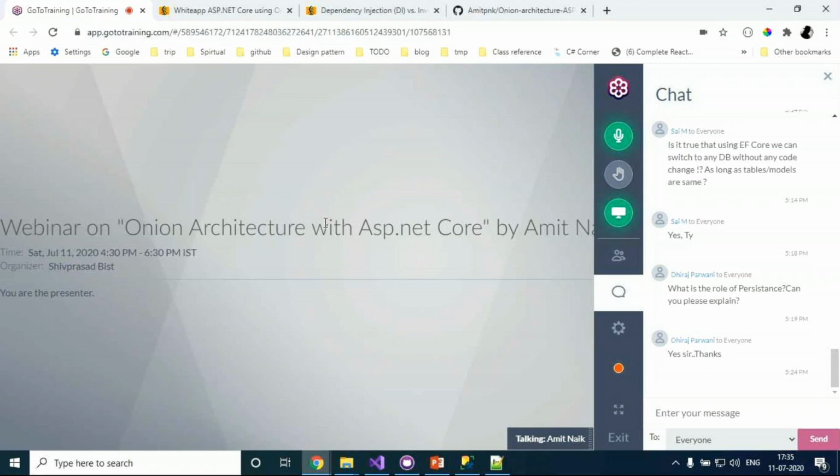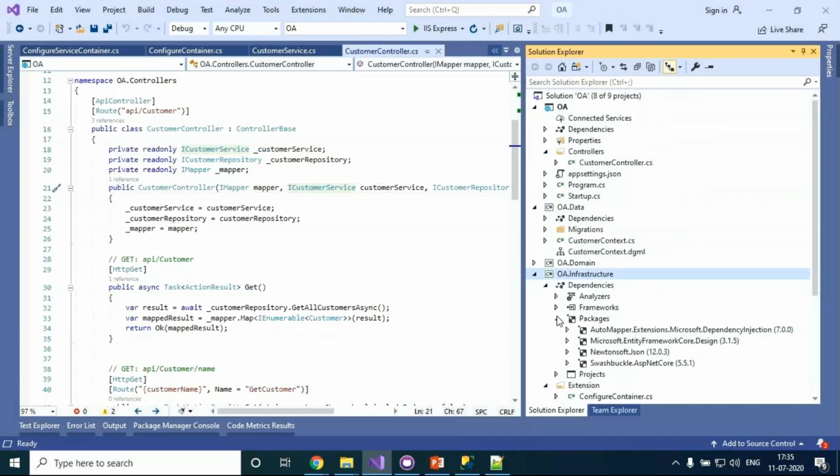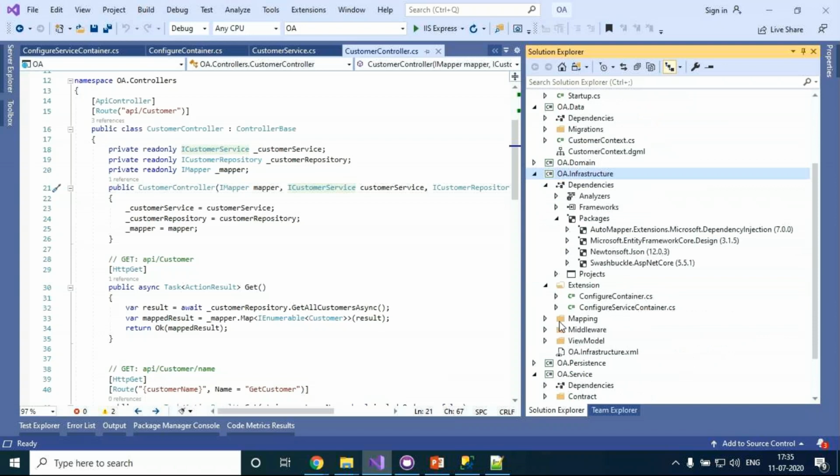The clean architecture is used mainly on complex kinds of projects. What I'm showing here is Onion architecture. This is very good for medium and big projects, but clean architecture is for something complex like ERP solutions. Usually, logging and all that can be taken care of in my infrastructure layer itself.